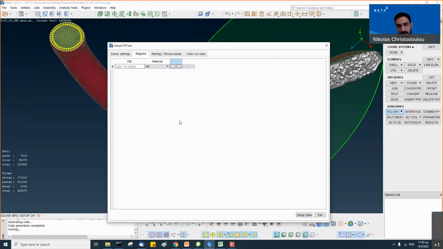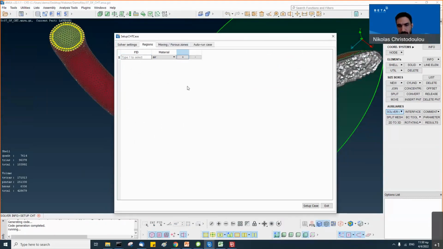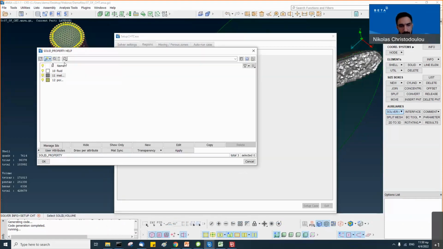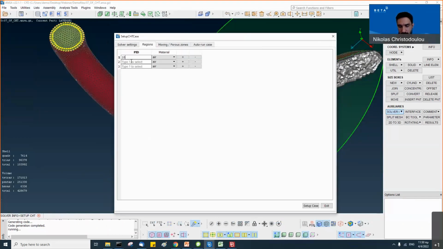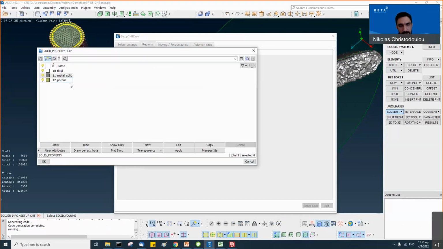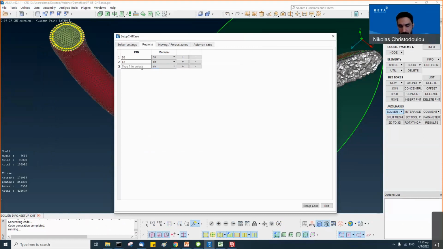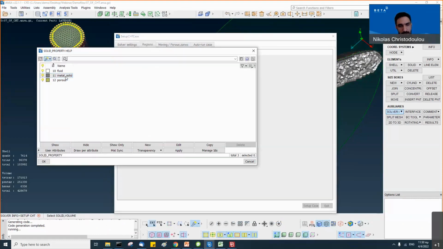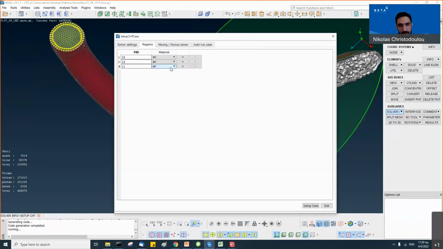Here we have 3 regions now. We want air for the fluid. We want air still for the porous medium. And for the metal solid, we want stainless steel.